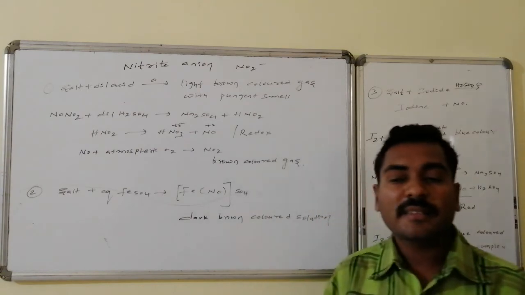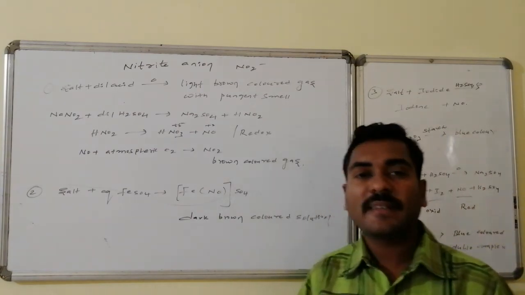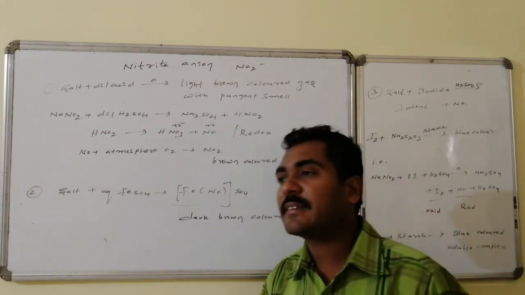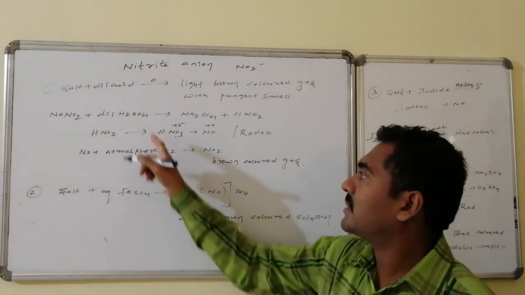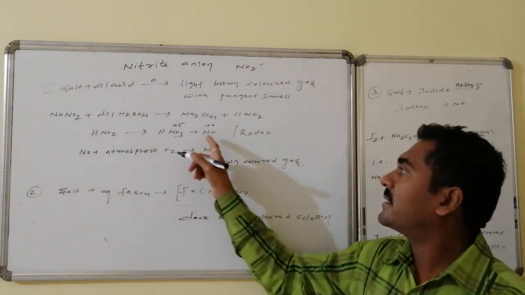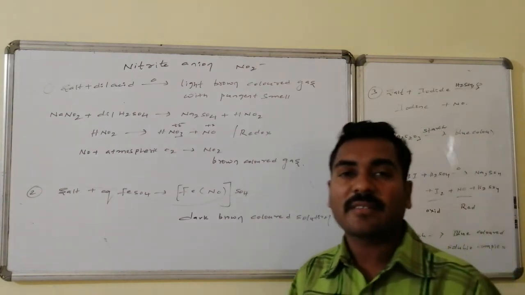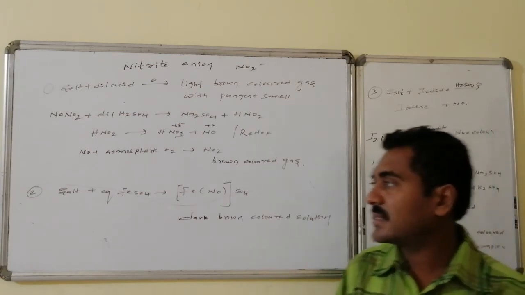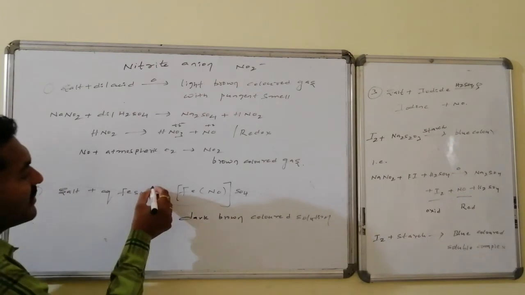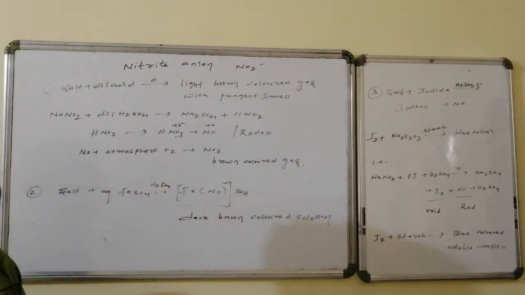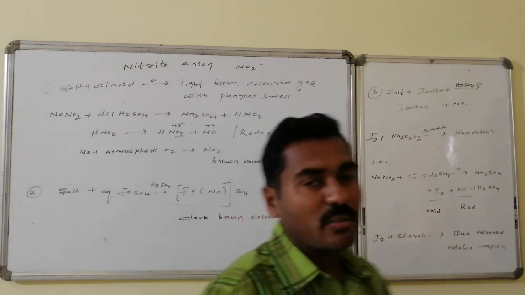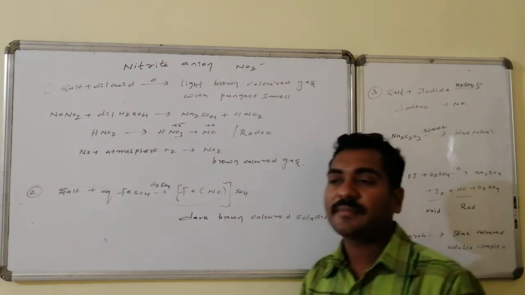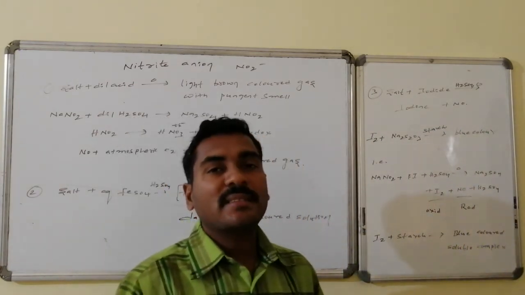Next is the salt taken with aqueous ferrous sulfate solution. The aqueous ferrous sulfate is colorless, whereas on dissolution with the nitrite salt, here nitrite followed by some amount of sulfuric acid is taken, and here this is giving what? Nitric oxide. That nitric oxide complexes with the ferrous sulfate and a dark brown colored solution forms. Salt plus aqueous ferrous sulfate in the presence of dilute sulfuric acid leads to the formation of a dark brown colored solution. This dark brown colored solution is FeNOSO4.